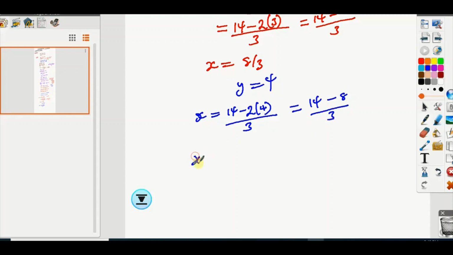So our x will be equal to 14 minus 8, that is 6 over 3, and it will be equal to 2. Therefore, our x value will be equal to 2 or 8 over 3. Y will be equal to 3